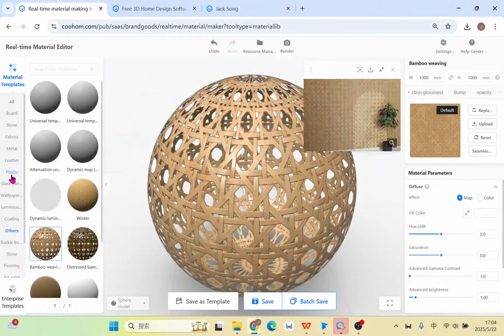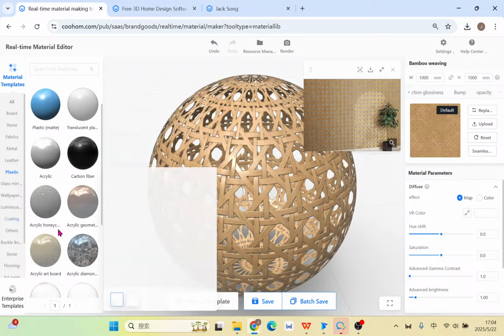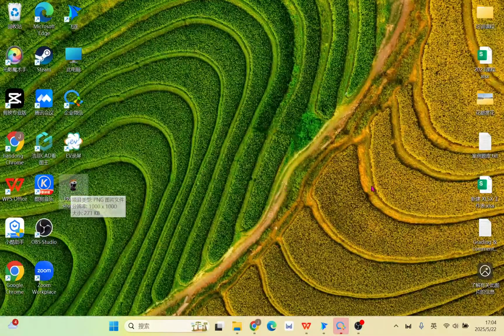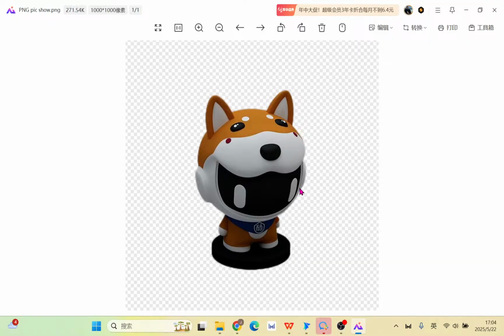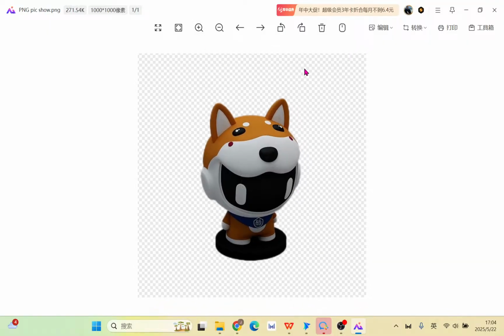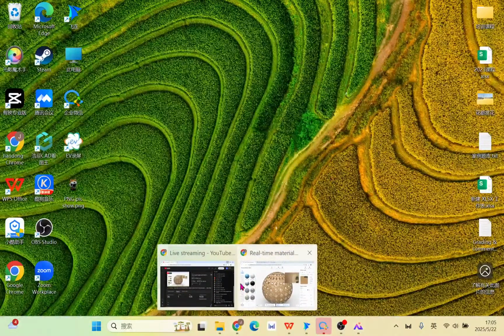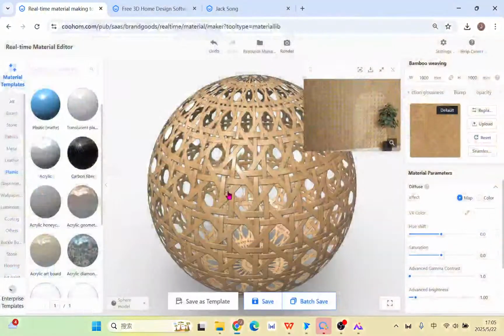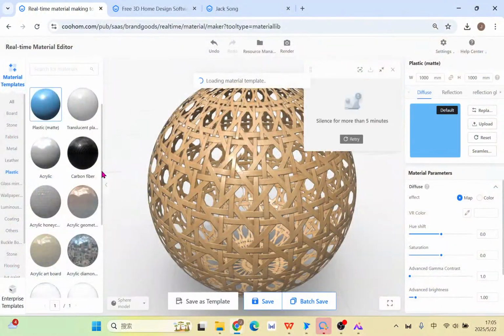That may be too complicated. My suggestion is to use the PNG. I believe I have one. You see here, for example, this is the PNG file. The background here is transparent. You choose the transparent mode, and then you leave the main picture. Yeah, and then when you do the uploading, you can directly upload it as